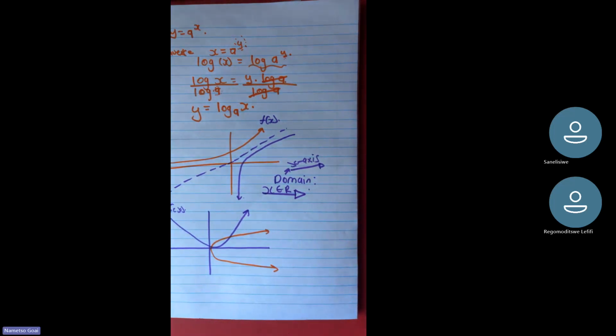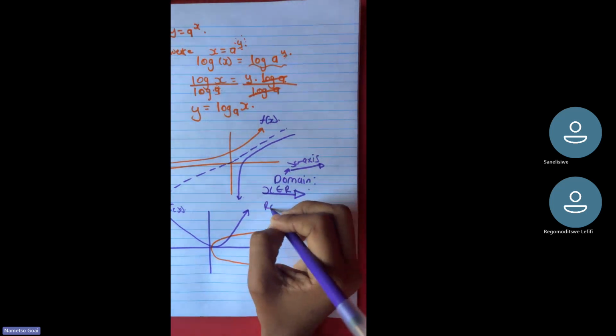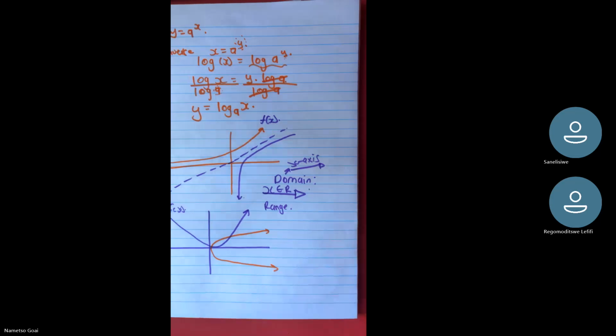Now let's look at the range. Let's look at the range. When you look at the range,